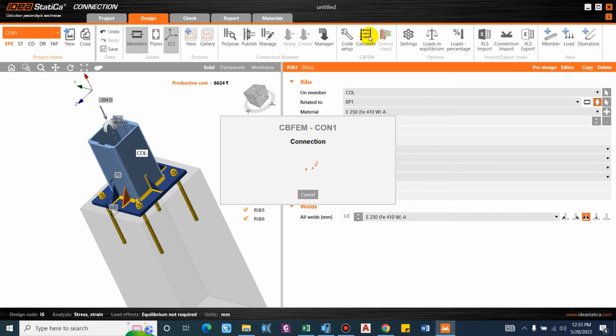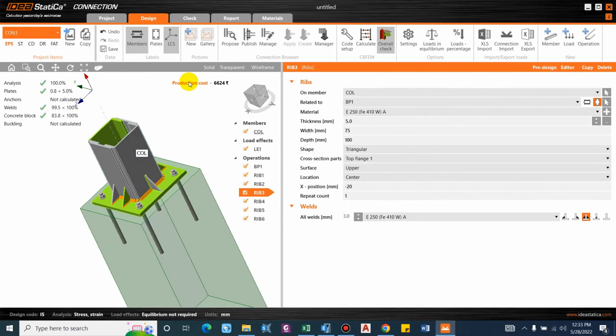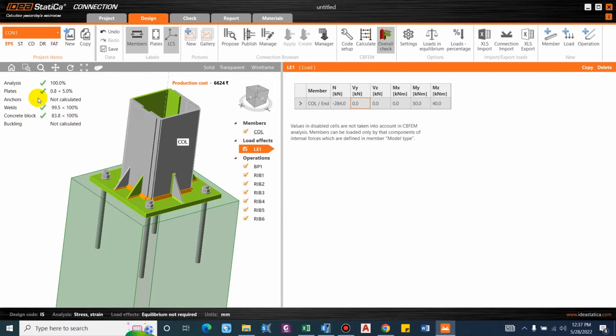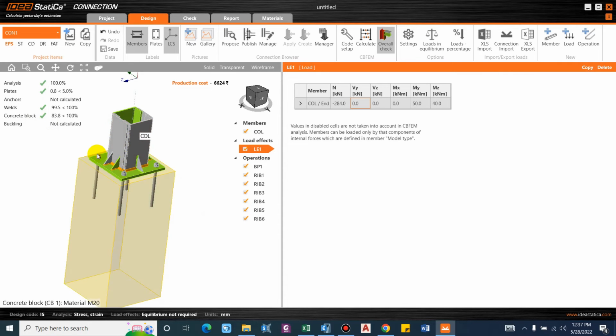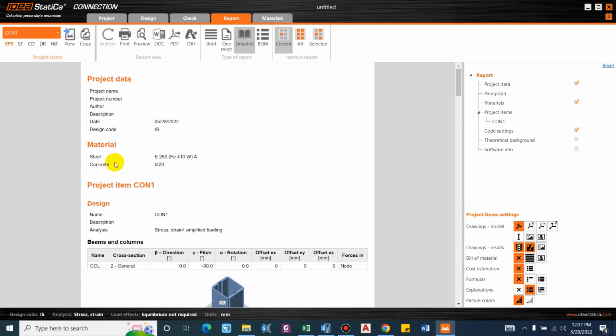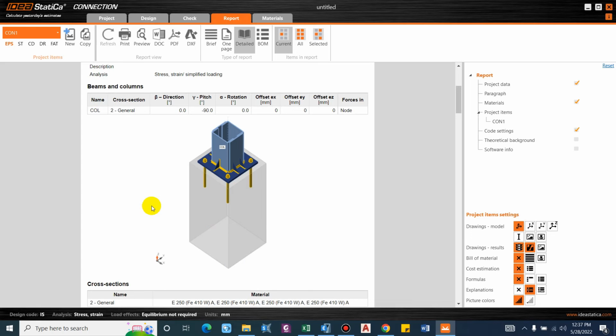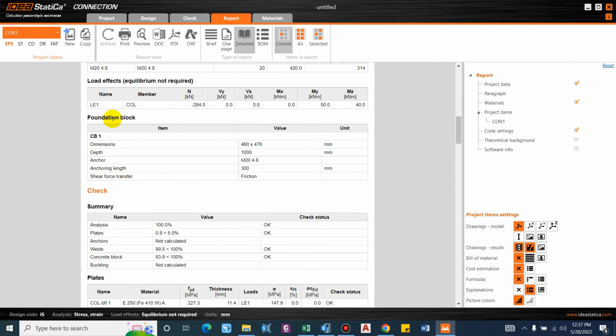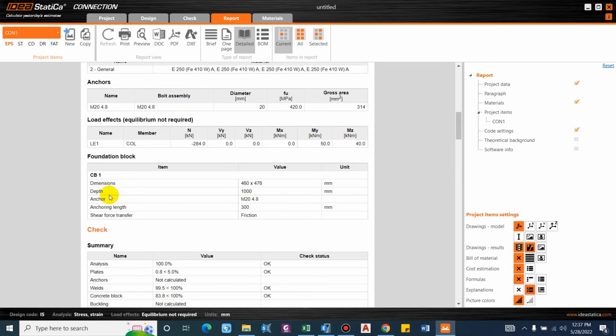Now let's calculate. So we can see that the connection is now done. So here you can see the analysis is performed 100% and all the members are within the permissible range. So in this way we can design the base plate. Now you can simply prepare the report. So the steel grade is Fe250, concrete grade is M20, and these are the arrangement of the column and the base plate. So foundation block of 460 by 476, depth 1000 mm. You can simply consider all these,